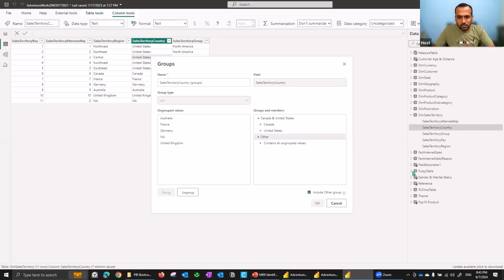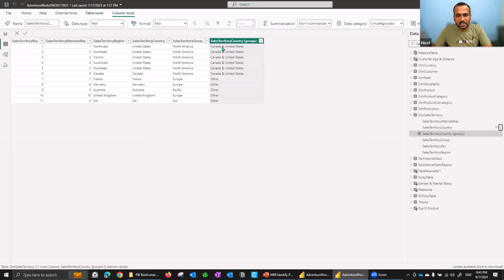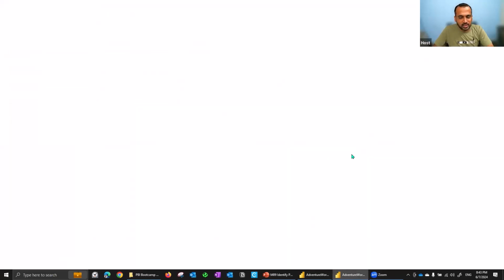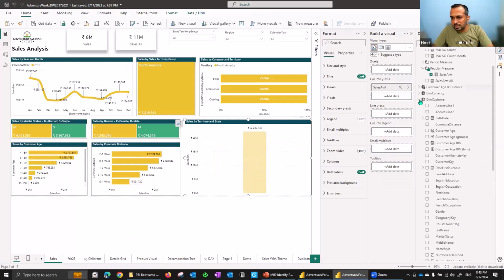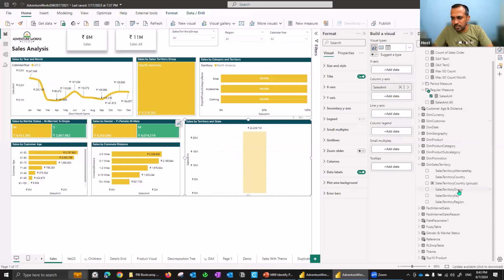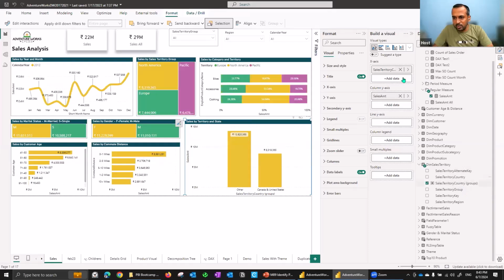We'll also show you one for the numbers actually. Somehow my laptop is really slow today. Yeah, you see it has added a new column, sales territory country group, with Canada and US and others. If I use this option on this particular graph, let's say I'll remove this one for now, and take an example of sales territory. First of all, it has to be this one. Now I should see the values of others and Canada, both of them separate here. And if I now add country below this one,